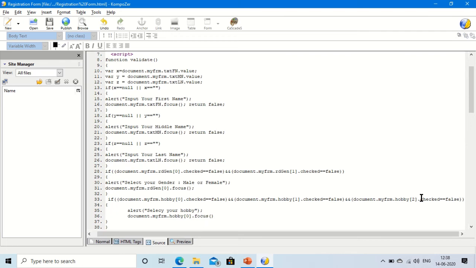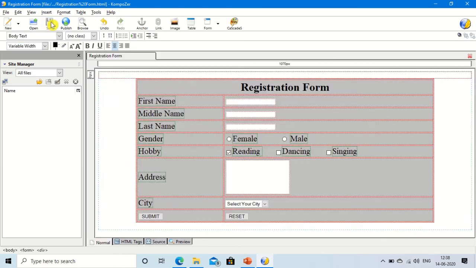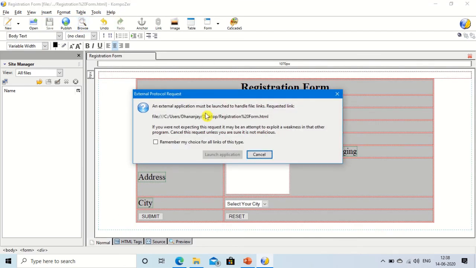Let me save and let me check it. Save it first and click on the browse option and then click on the launch application.